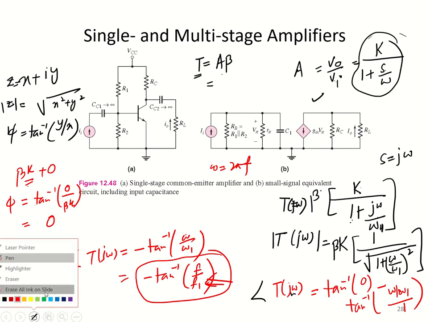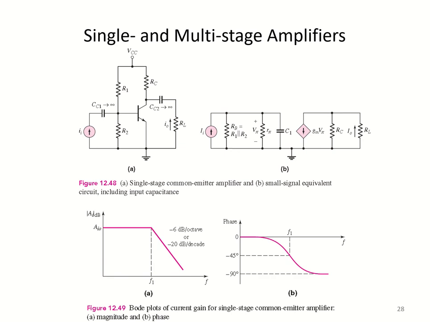If we plot them, for the typical single stage amplifier, this will be the plot. This is the plot for the open loop gain, and the same will be the plot for the transfer function, and this is the phase. This is, for example, our critical frequency, and we try to find the phase we get there. At this cutoff frequency, we have a phase of minus 45 degrees, and the magnitude decays at minus 20 dB per decade.